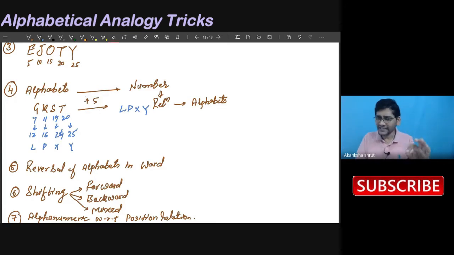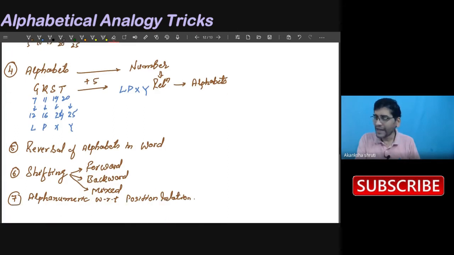So the very first practice we have to do is to understand the alphabet in terms of numbers. The next thing we have to observe is, is there any reversal in the given word or given characters? That reversal is another important one. The next one is how it is shifting. The shifting may be forward or backward, or in certain letters it may be forward and in certain others, or in successive ones, it may be backward. So both forward and backward are mixed together. It is called a mixed kind of shifting.